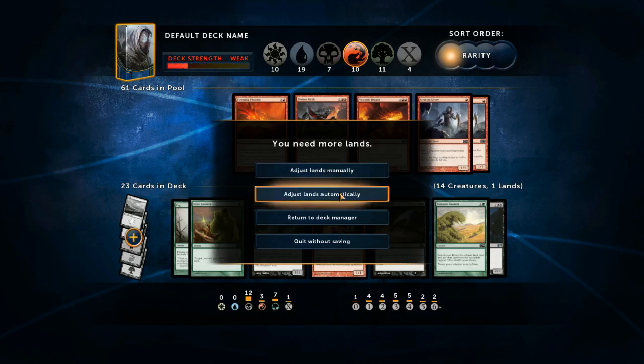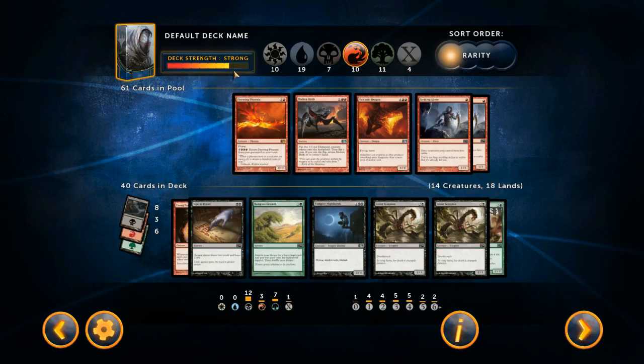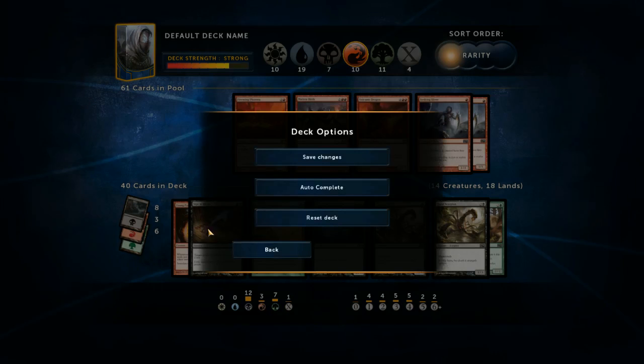Adjust lands automatically to start? Yeah, and then we'll decide. They tell us that we have a strong deck. I'm not too sure about that though. No, we opened pretty badly, I'm not gonna lie. So what they have is 3 Mountain, 12 Swamp, and 7 Forests. Mm-hmm. Now again, I'm not entirely sure how to...